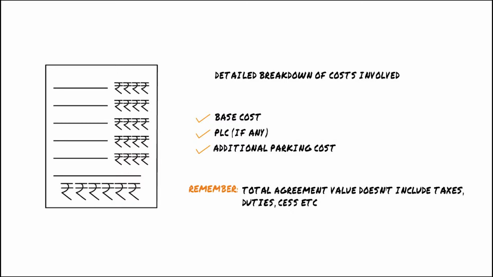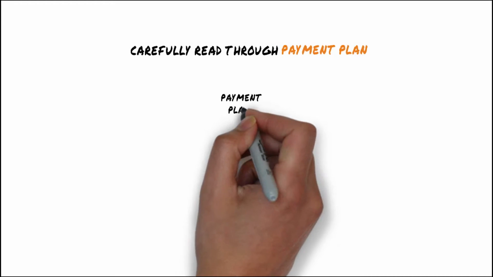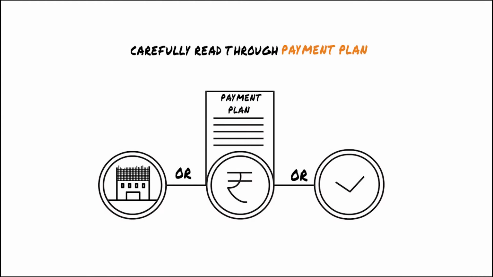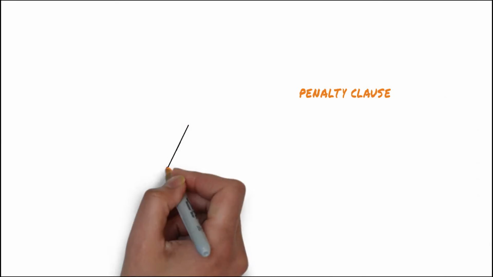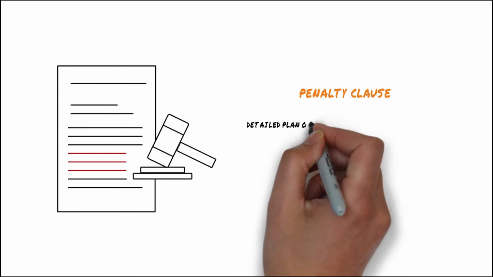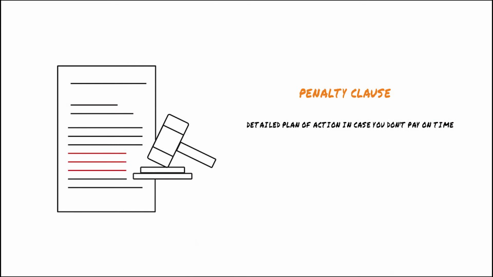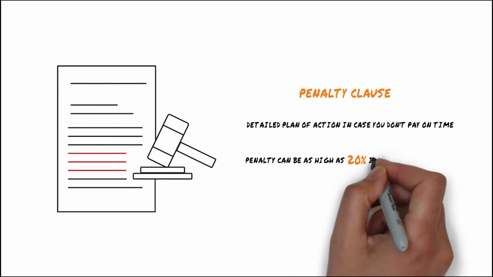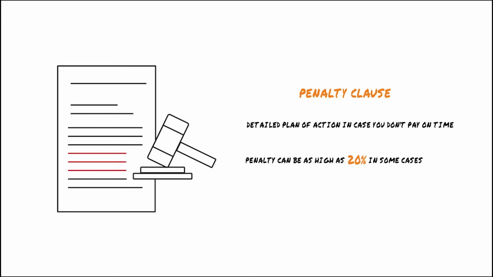government. Thirdly, carefully read through the payment plan of the project and check if it's construction linked or time linked. A penalty clause explains the plan of action in case you don't make the payment on time. The rate of penalty can be as high as 20% in some cases, so carefully go through this clause in